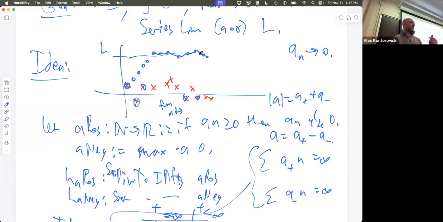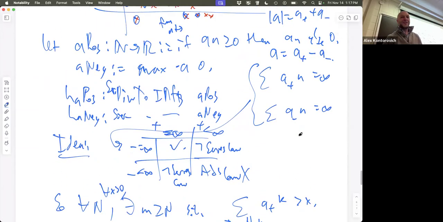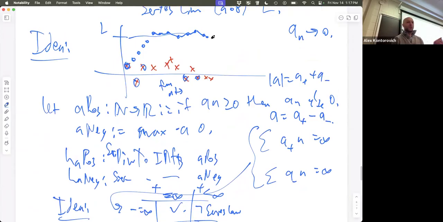I can always keep crossing, no matter how far over I am. If I go far enough, no matter how far over I am, I'll be able to find a block that gets me that much further down or up. And since every time you cross, you switch what you're doing, the individual terms go to 0. So this process, if it overshoots L, keeps overshooting L by something that's going to 0. So it gets closer and closer to L.